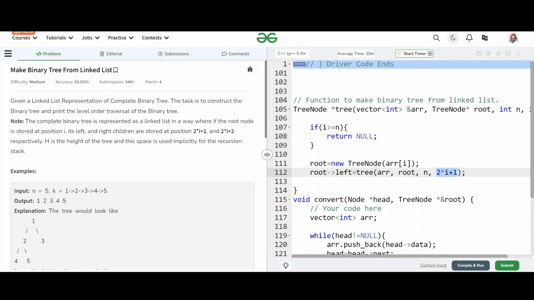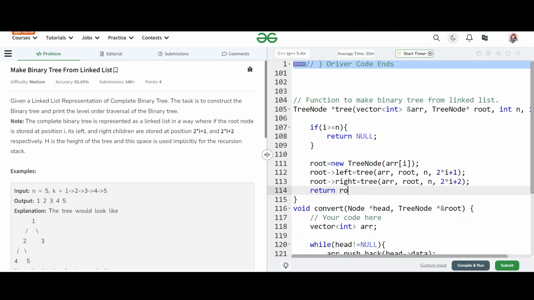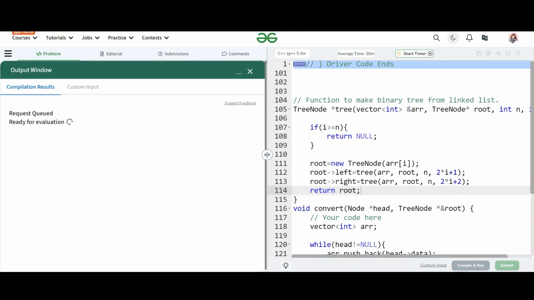To calculate the left child node, we were using this formula. Similarly, to calculate the right child node, we will use this formula: 2 into I plus 2. At last, return the root. So this is how you will construct your binary tree. So let's compile and run.